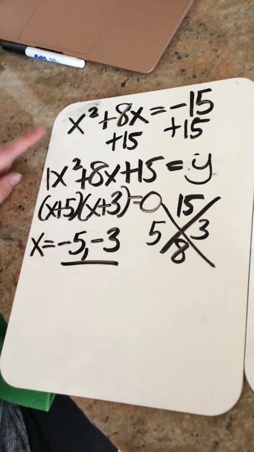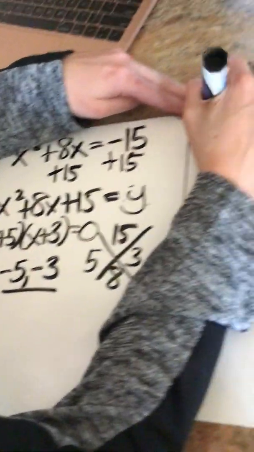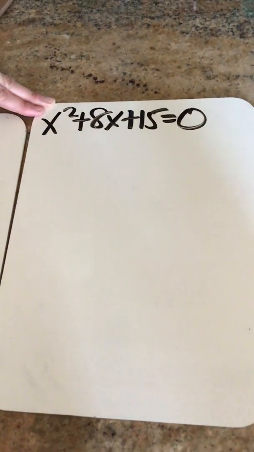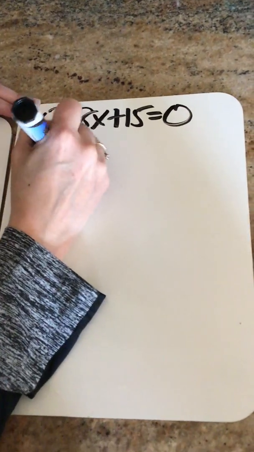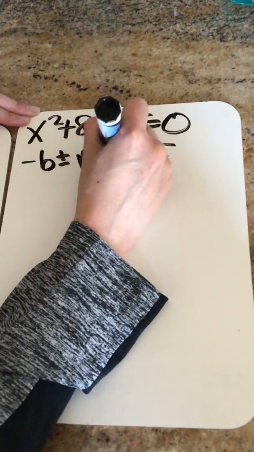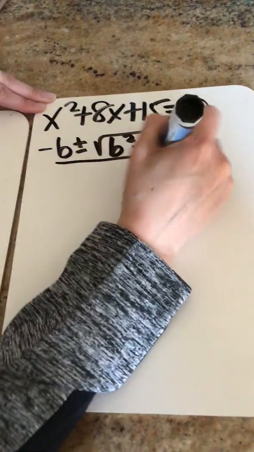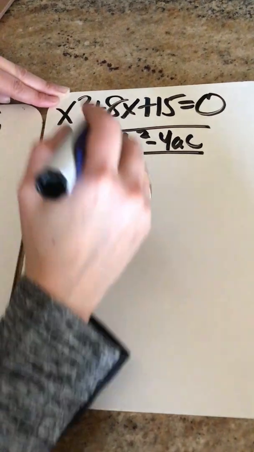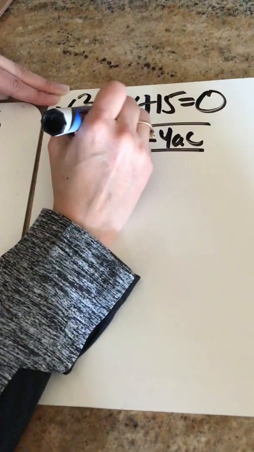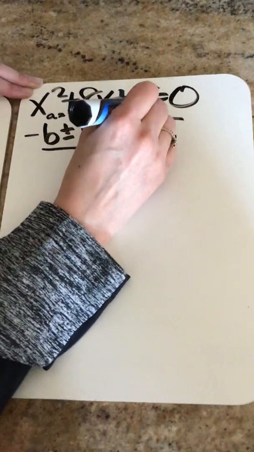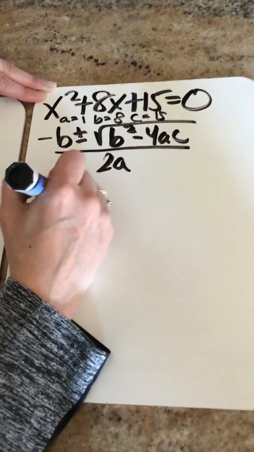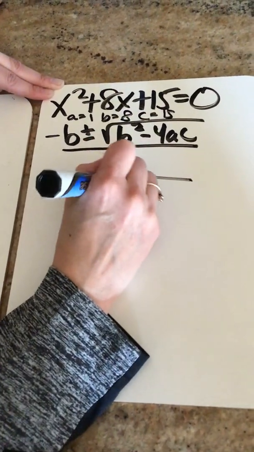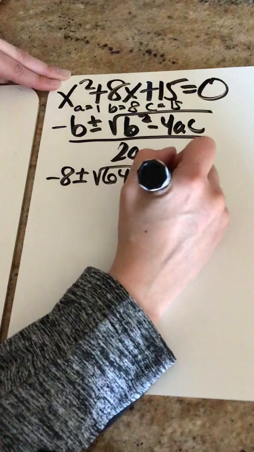So you could solve this same exact one using the quadratic formula. If I already have it in standard form, I'm going to do -b plus or minus the square root of b squared minus 4ac all over 2a. So let's write out our a, b, and c. A is 1, b is 8, and c is 15. So I'm going to say -8, have to change the sign of that b, plus or minus the square root of b squared, so square the 8, 64, minus 4ac